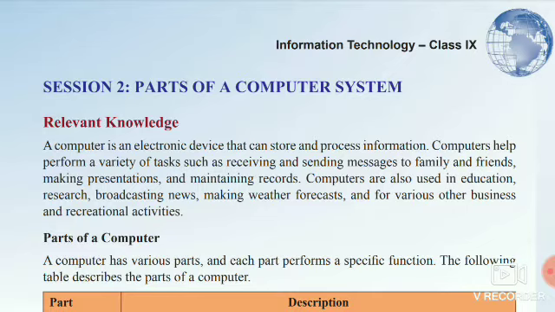Computers help perform a variety of tasks such as receiving and sending messages to family and friends, making presentations and maintaining records. Computers are also used in education, research, broadcasting news, making weather forecasts, and for various other businesses and recreational activities.